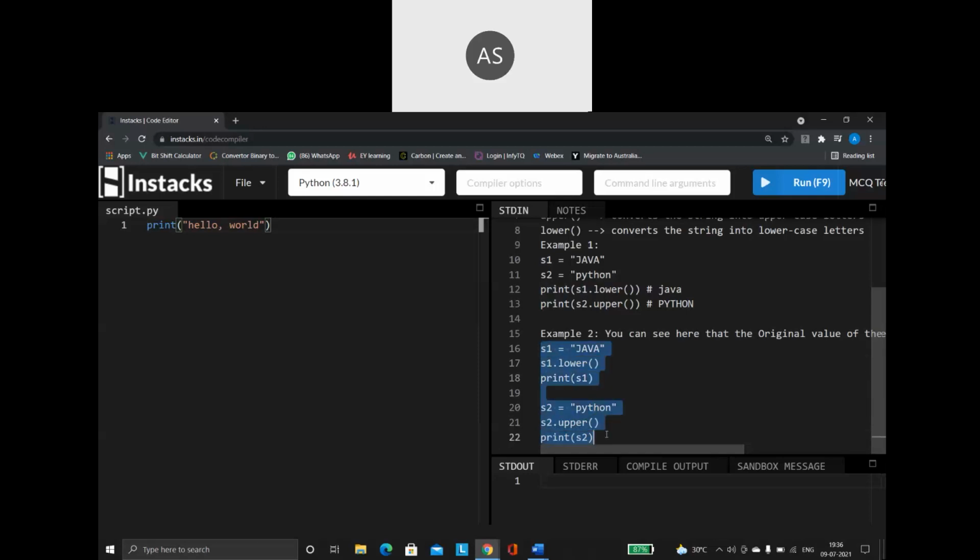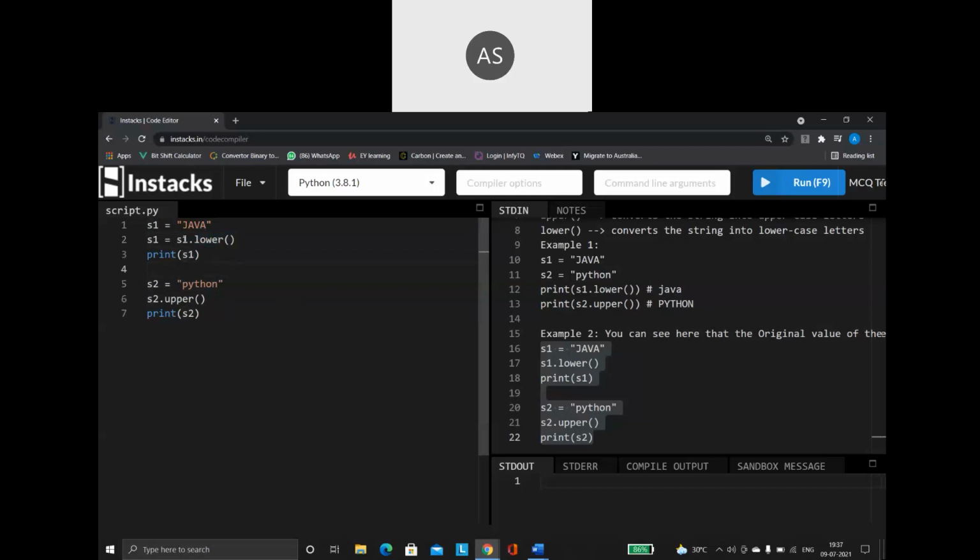So what happens here when I use the upper and lower functions? Please let us just have a look. I am saying s1 dot lower. This string will get converted into a lowercase, but the original string will never change. The original string value is never going to change. So what I have to do for that is I can reassign the value like this. If I want to change the original string, I will say s1 is equal to s1 dot lower.